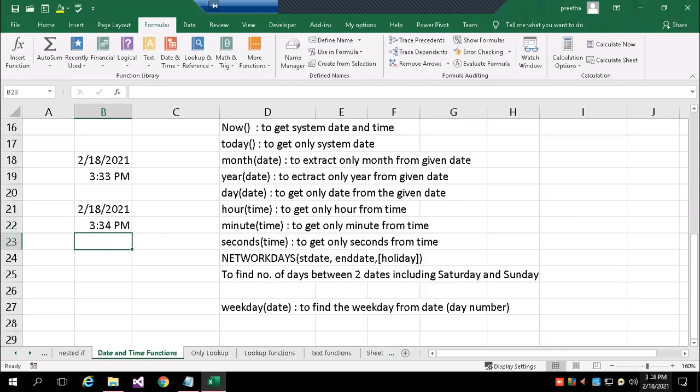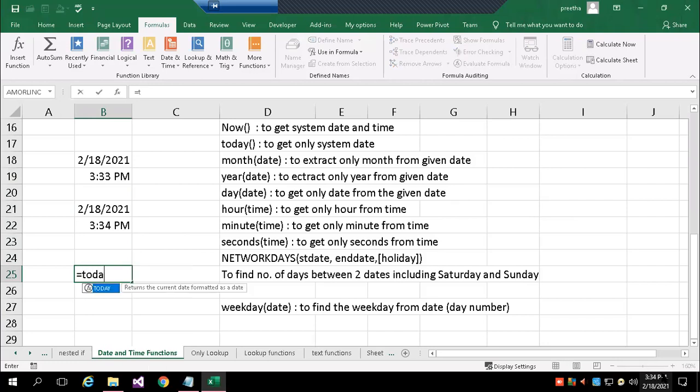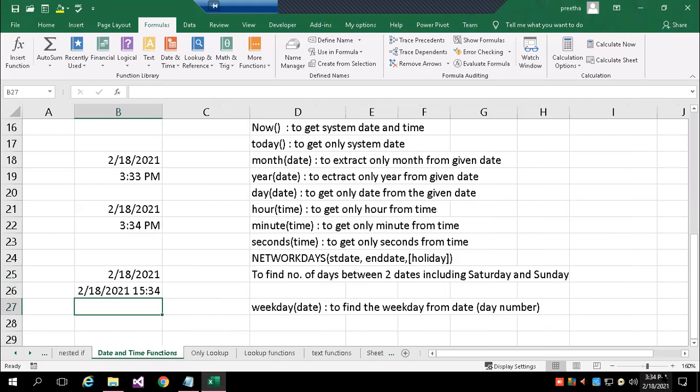Now the same thing through a function. I said in the beginning of the class, today is for getting the system date. Now is for getting both date and time. Okay, like this. From the date, I want to get only the month.